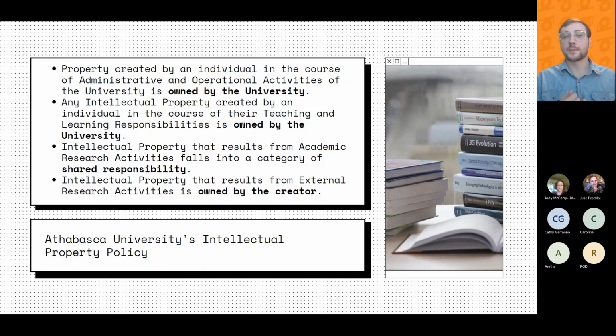The first is that property created by an individual in the course of administrative and operational activities of the university is owned by the university. Any intellectual property created by an individual in the course of their teaching and learning responsibilities is also owned by the university. Intellectual property that results from academic research activities falls into a more complex category.